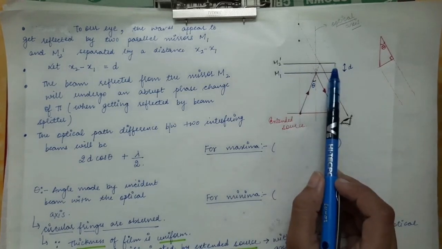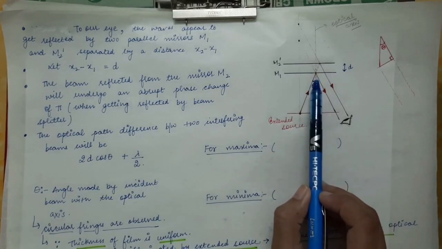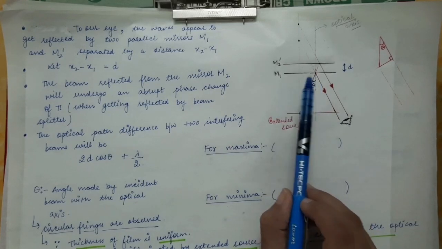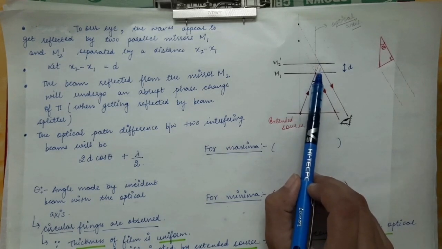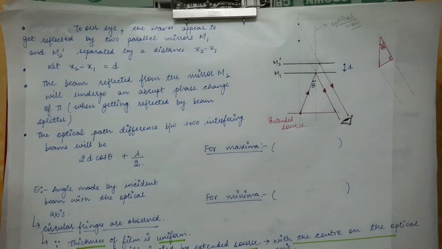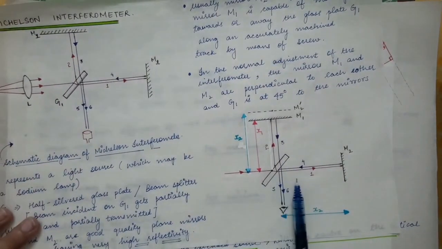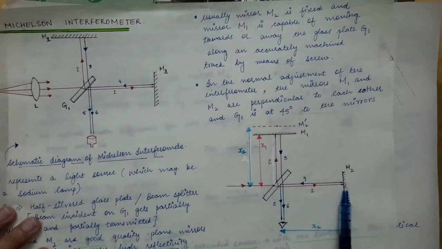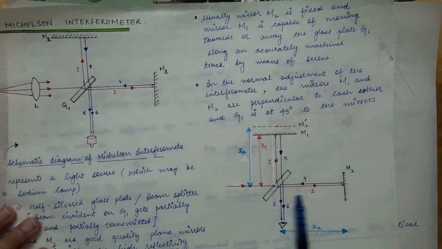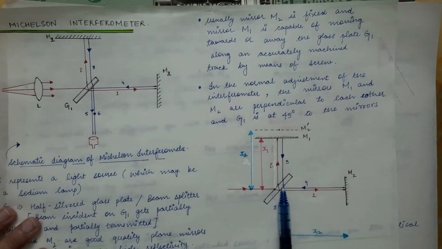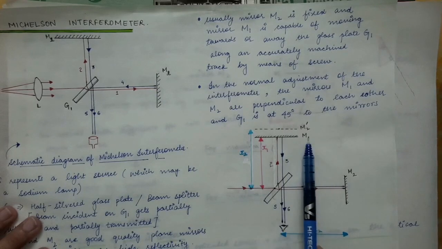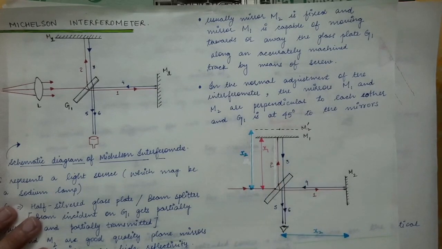So this is the virtual image, and this can be treated as the mirror M2. If the incident ray falls at an angle of theta on one mirror, it will also fall at an angle of theta on the other mirror. This can be made clear from the last diagram: ray 1, which was incident on the mirror M2, was falling at an angle of incidence equal to 0 because it was normal to the mirror M2, and another ray, which was a part of the incident ray, was also falling on the other mirror M1 at the same angle of incidence.